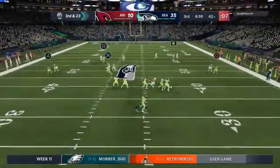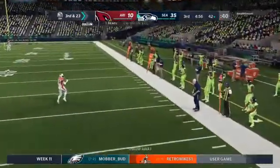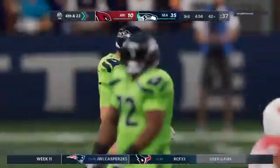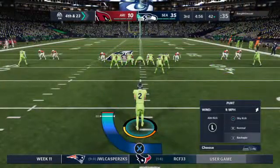Working from the gun, it's Brady. And he'll just toss it away. So he throws it away, and that brings up 4th down. So no problems moving the ball in the first half, but they'll likely come up empty here on drive 1